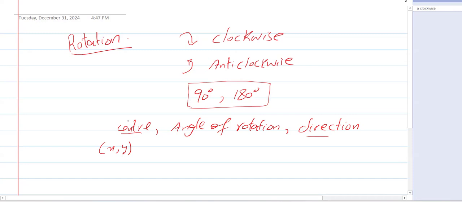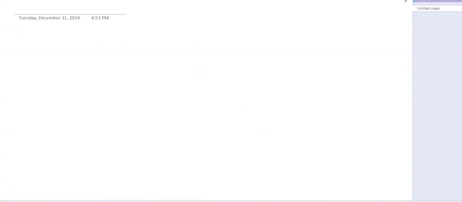Okay, for doing the rotation. And when you are describing the rotation, you have to describe these three things. In other words, a rotation will be given and you will tell the center, the angle, and the direction. So let's first learn how to do the rotation. Let's see. First of all, for doing the rotation, let's have a look at this. Just one second. I'm going to show you. Let's say